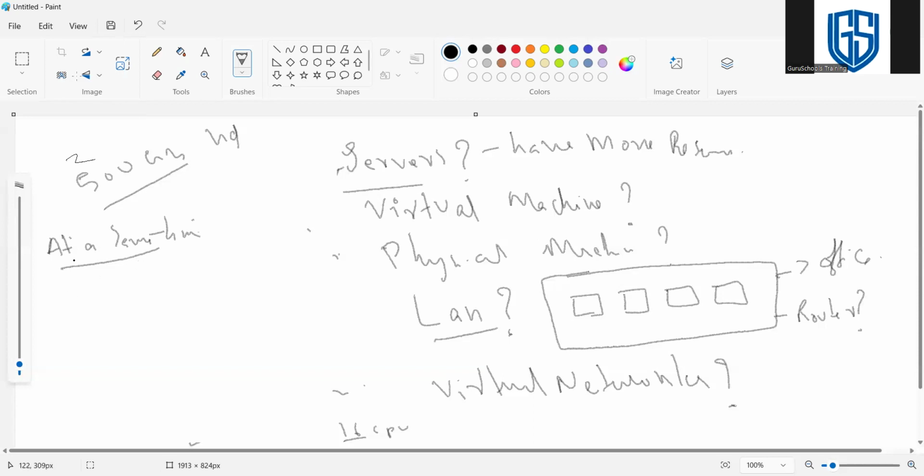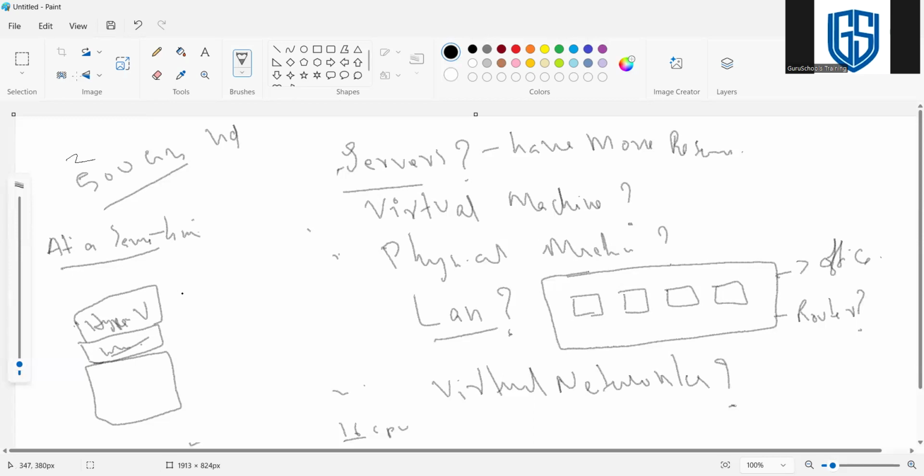For local machine, we use a virtualization tool. For example, we have a personal machine here, and on top of the machine, we need to install an operating system like Windows or Linux. For Windows, there are a lot of virtualization tools. On top of Windows, we need to install something like Hyper-V. This tool is officially the Windows virtualization tool.